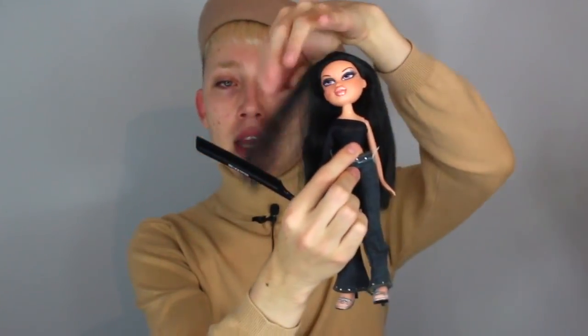It's the next day and I'm hungover in a different beret and I have a dream. And my dream today is to straighten this Bratz doll's hair, even if it's gonna kill me. I may have singed off like a good chunk yesterday, but I'm just determined to get this done. And her hair's not that bad, I don't think, right now. However, I just want to make sure it's all silky. There's a little bit of a kink here, so...